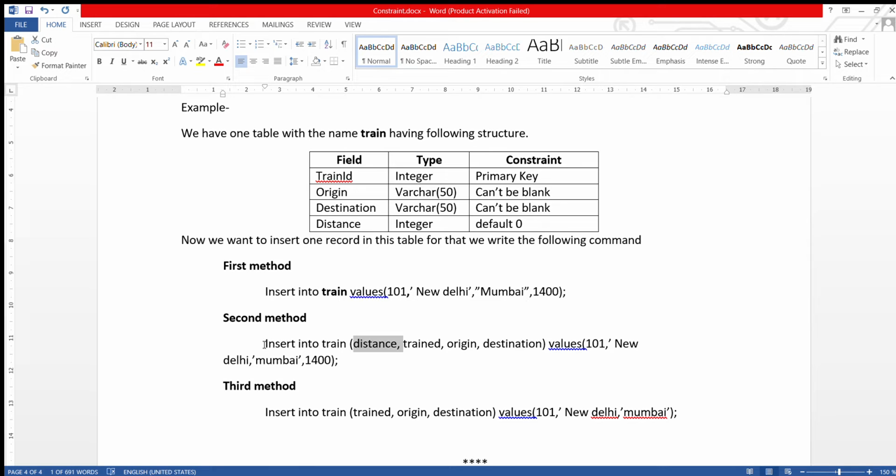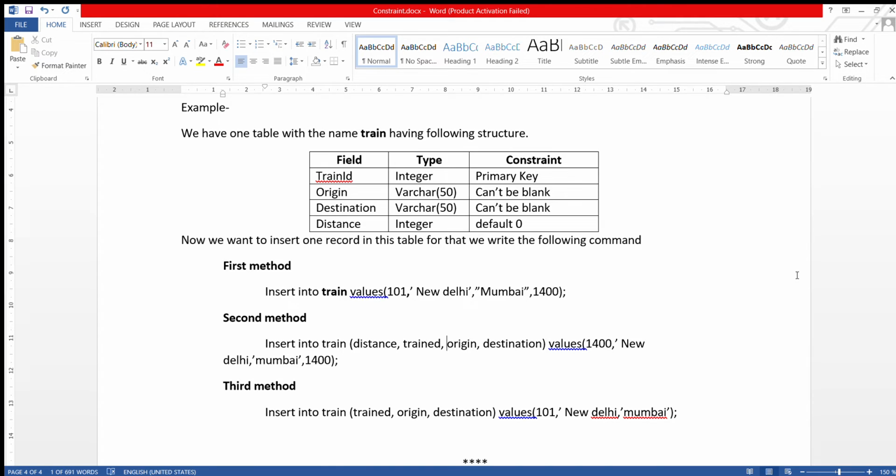Now what to do? We have to give the column sequence in which we are going to enter the values, like here I am doing. The first column name I have given is distance, so just after values, I will pass the value of distance.